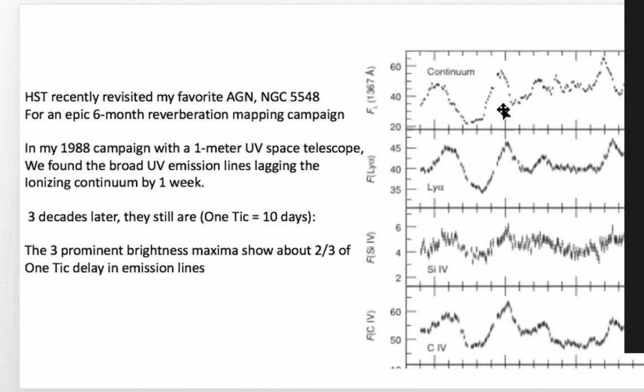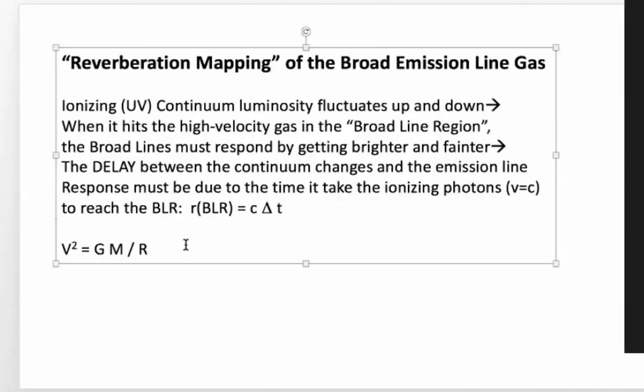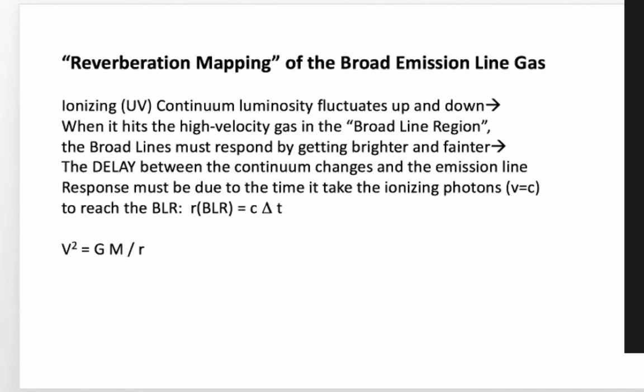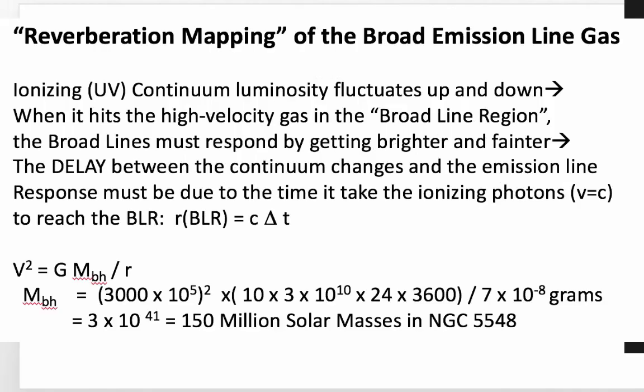This tells us how far out the gas is, the radius of the broad line region. I now know how far the gas is from the mass that's accelerating it. So I've measured R. The velocity measure, I just looked to see how wide the line is, right? So that turned out, in this case, to be about 3,000 kilometers a second. The mass of the black hole, which really determines everything about the system.